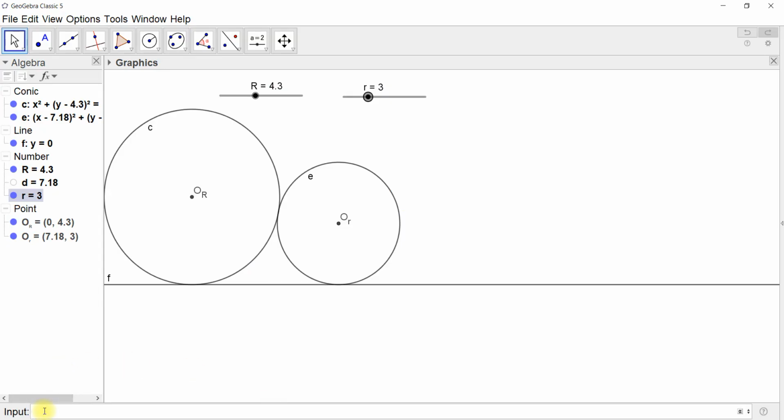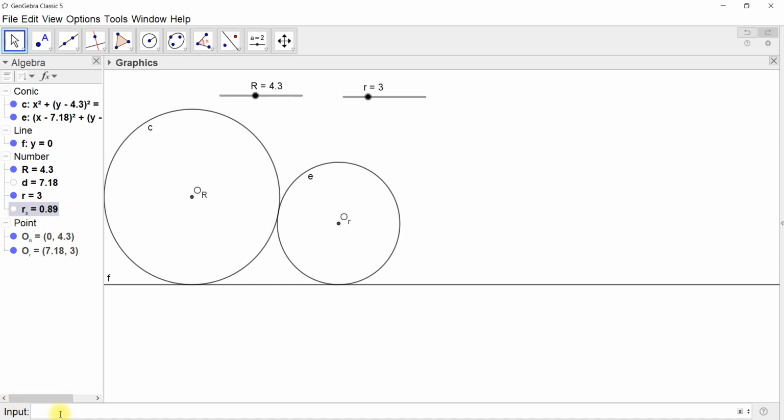So I'm going to call this R sub 3. And it was going to be the product of these two, R times r, divided by brackets R plus little r plus 2 times the square root of big R times little r. So there's our new radius,